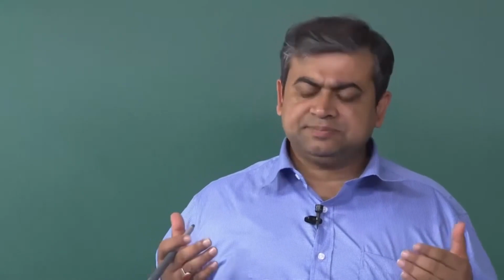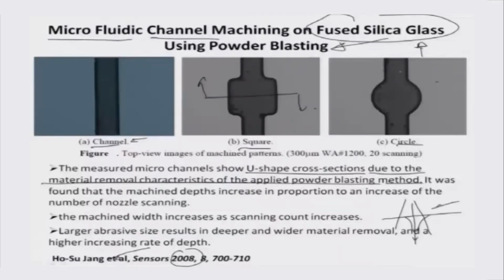So, you have the axial velocities as the most prominent, or higher, velocities, and as you go from the axial center to the sides, because of no slip boundary conditions, the velocities would fall down. That is what is reflected here in the abrasive jet machining process, and you can see that